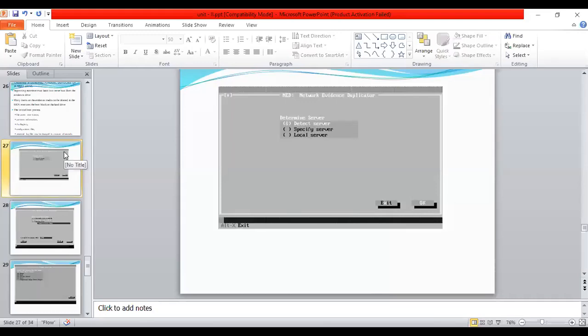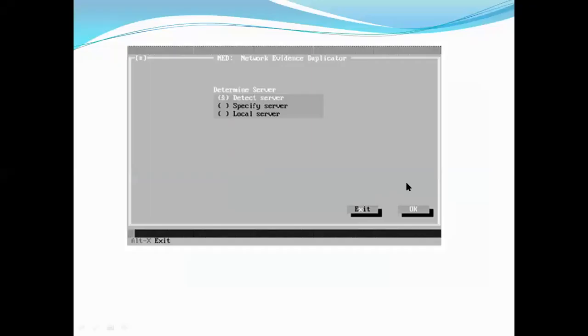Here we are showing an example of duplicating with the Open Data Duplicator. In the procedure, the following example shows the explanation. We have installed ODD on a Red Hat Linux 7.3 operating system, and I started the ODD server application. In the first screen, it shows the location of the ODD servers. So you have to identify the ODD servers and run everything on the same forensic workstation. So you can choose the detect server.